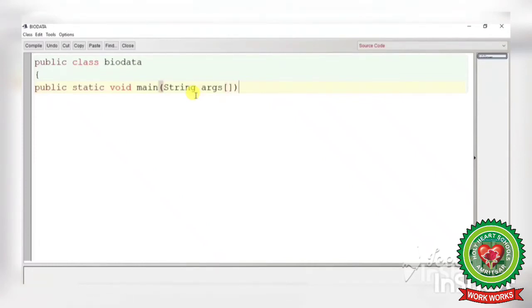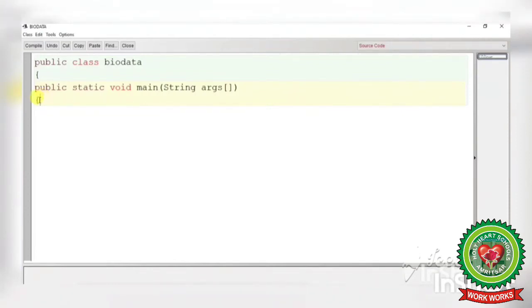Now close the round bracket. Move to the next line. Start the next curly bracket. Students, this line defines the basic attributes of the class. And this curly bracket indicates that the main body of the program begins from this point or after this curly bracket.